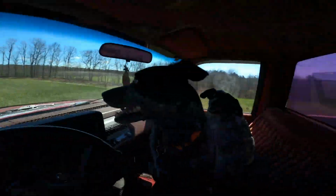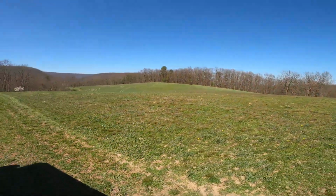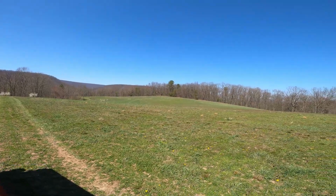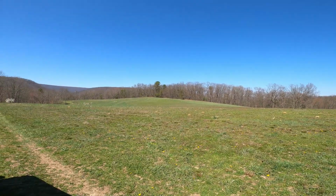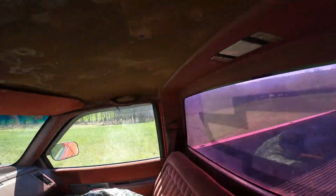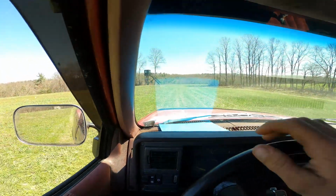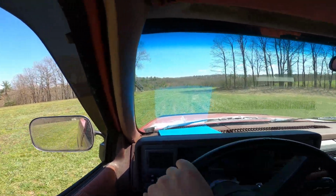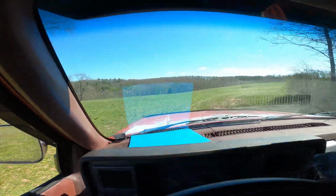Alright guys, so got the dogs with me. Anyway, so I just got word that this is the same ground. We farmed this ground last year, but this is the last year we're gonna get to farm all this. But this field that you see right here in the camera, we are gonna make that in hay. And then there's a field over here on the other side of the truck. We're gonna make that in hay too. We'll go back through here. I'll show you all the hay fields that we're gonna make on this ground, because